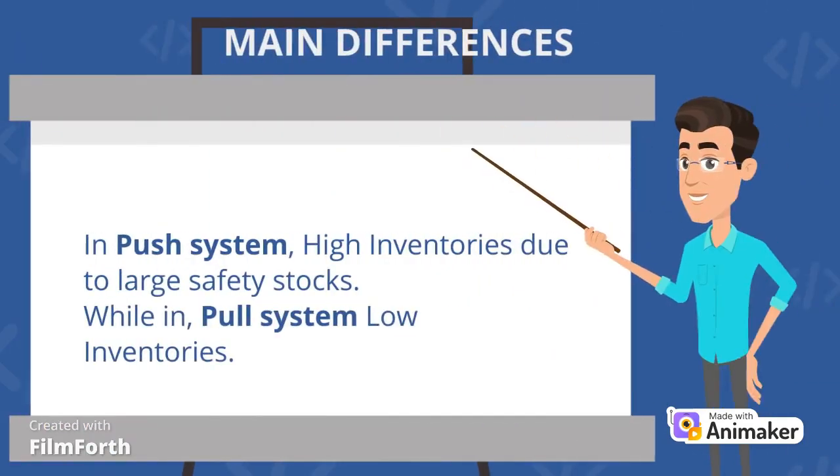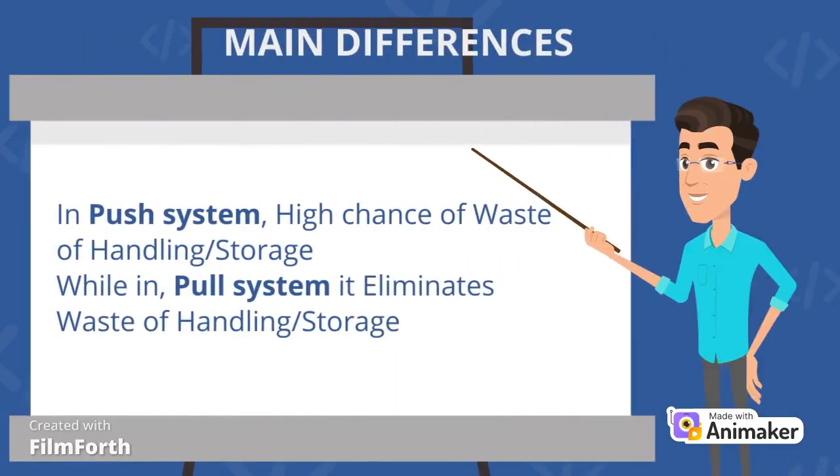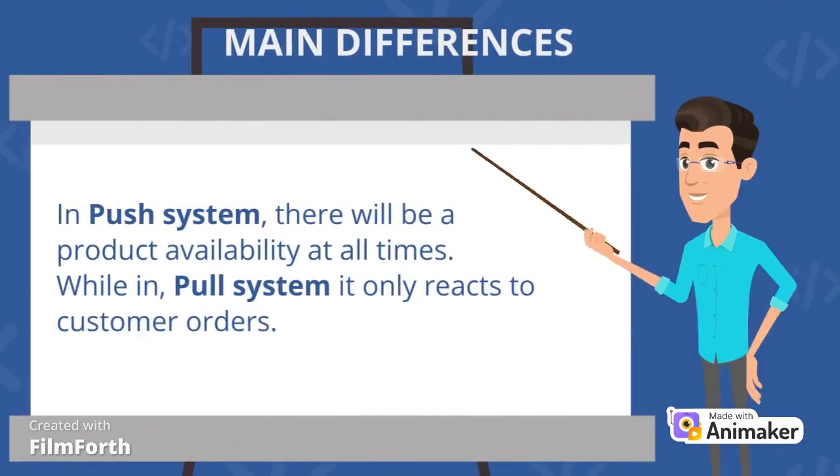In push system, high inventories due to large safety stocks, while in pull system, low inventories due to low safety stocks. In push system, high chance of waste of handling, while in pull system, it eliminates waste of handling and storage. In push system, there will be a product availability at all time, while in pull system only reacts to the customer